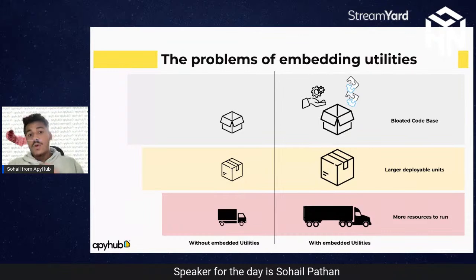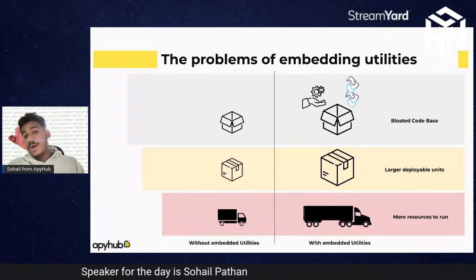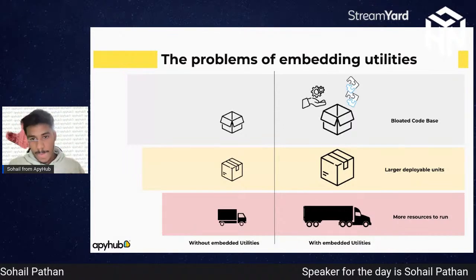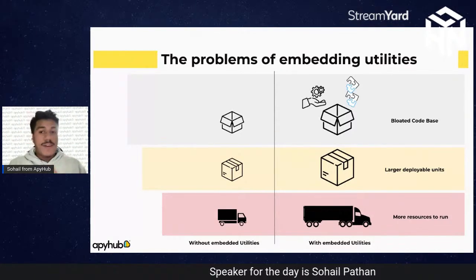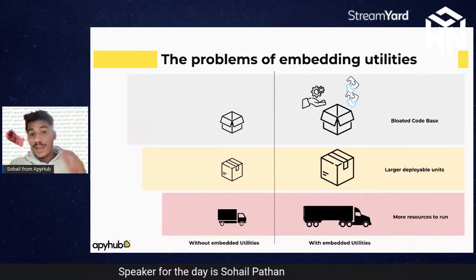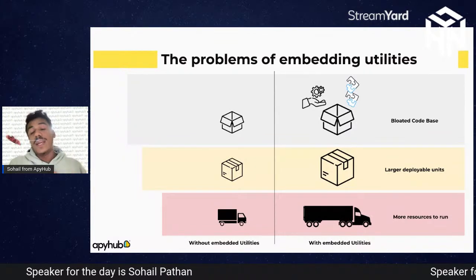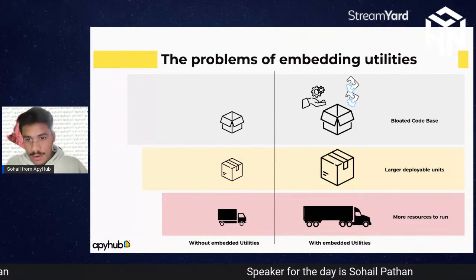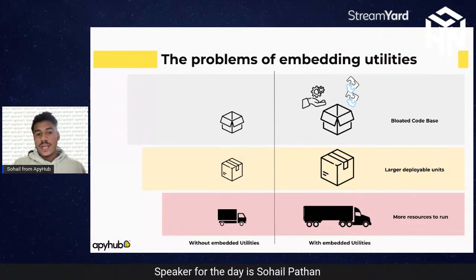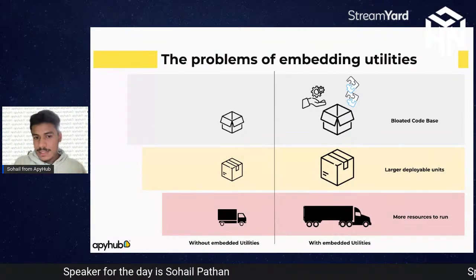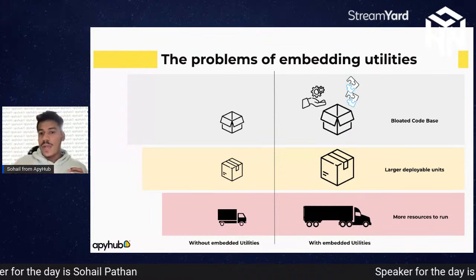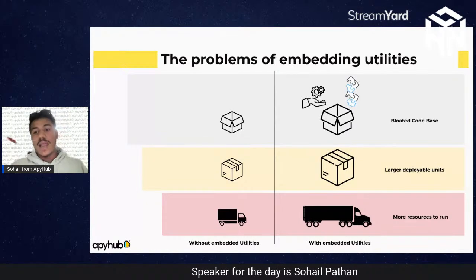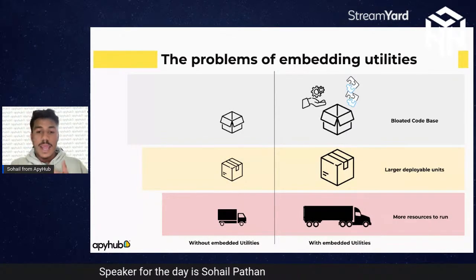But what happens, let's say if we have added 10 libraries into the node modules, the size gets bigger. All right. So in the development environment, it doesn't matter, but when it goes to production, it takes your storage as well, for which you are going to pay. So a little project without embedding the utilities becomes very small, but as soon as you try to improve your applications and add use cases, the deployment units become bigger and bigger.